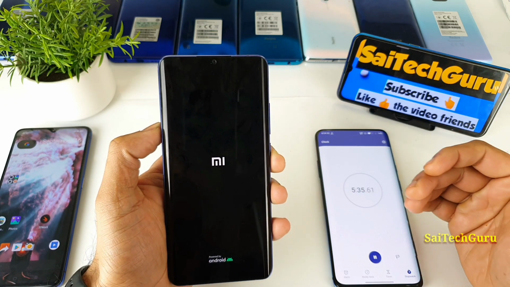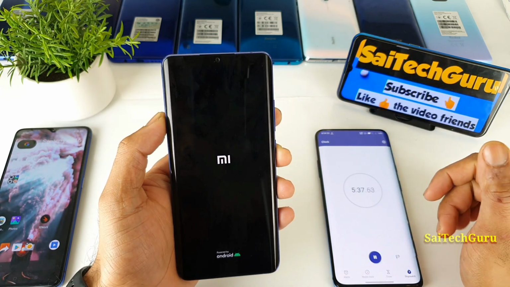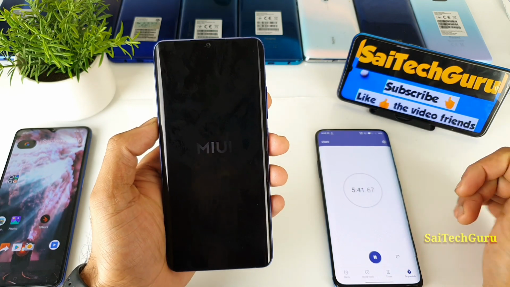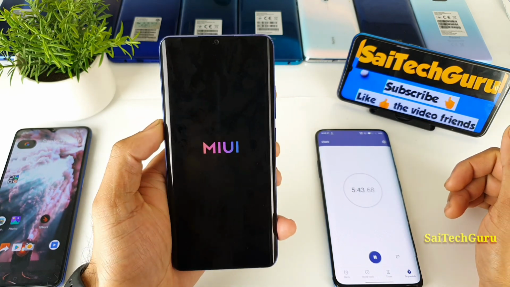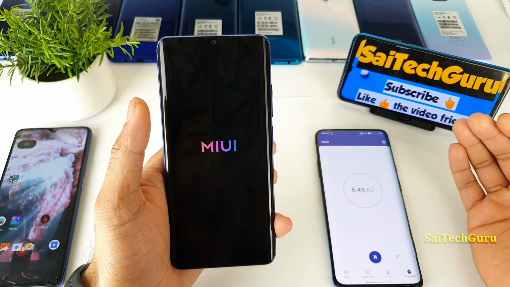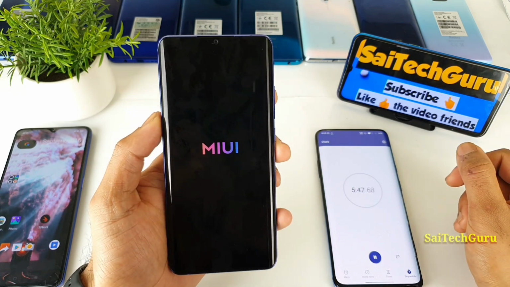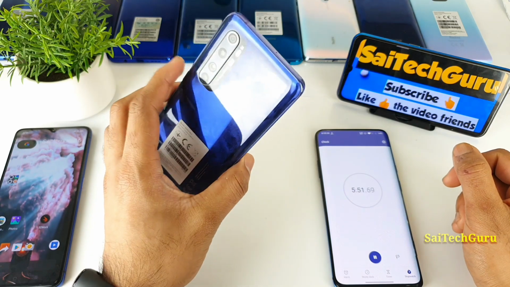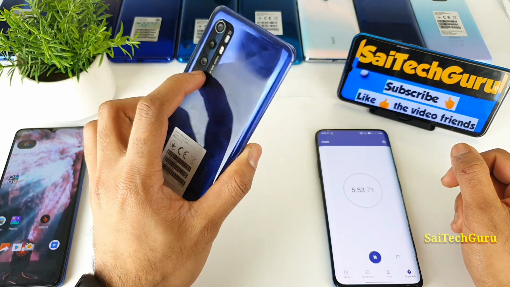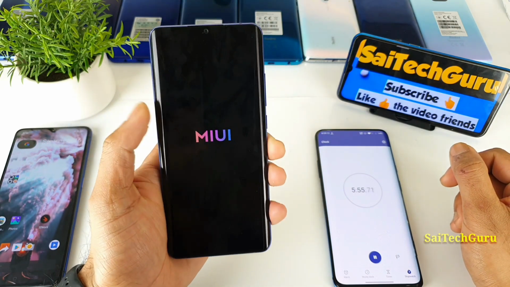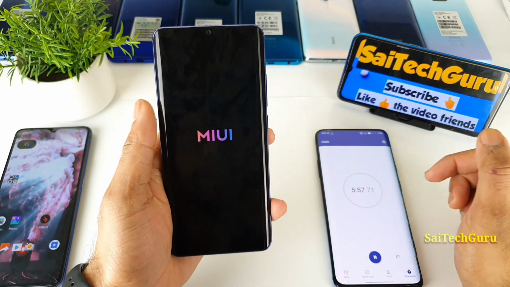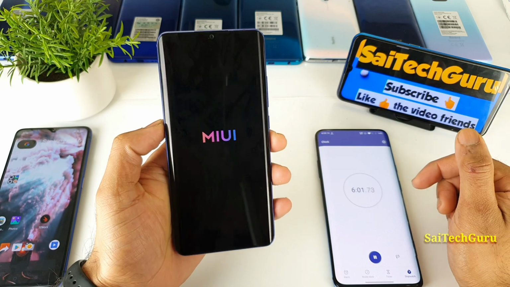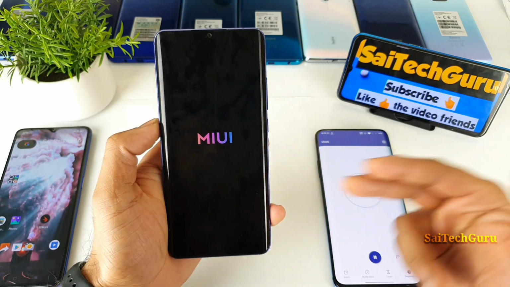Let's see how long it takes for the lock screen to turn on. As you can see, the new MIUI 12 logo is colorful. This is a phone which I am very excited to use after a very long time, friends. The Mi Note 10 Lite has very good curved edges and very good battery life as well. Very soon I'll try to do a review after using this phone for 2 months.